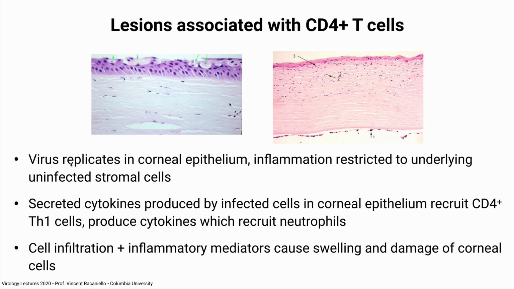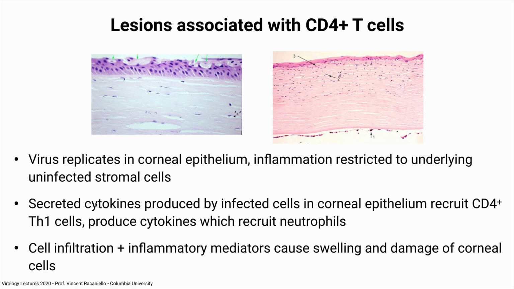The virus replicates in the corneal epithelium. So here's a section of the cornea. There's the corneal epithelium on the top, staining dark color with the nuclei very clear. And on the bottom is the stromal cells of the cornea. The virus replicates on the top in the epithelium, causes inflammation, and the cytokines, of course, diffuse to the underlying